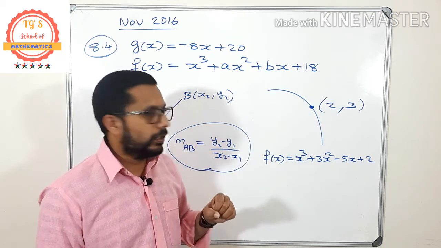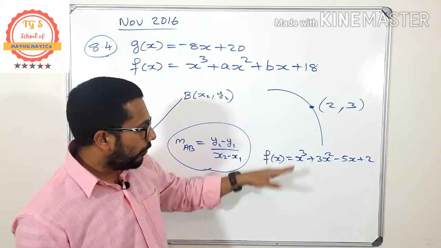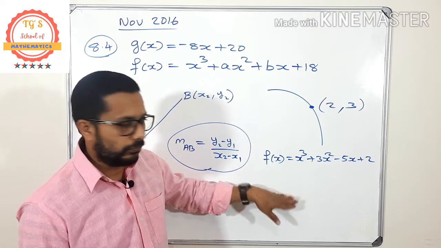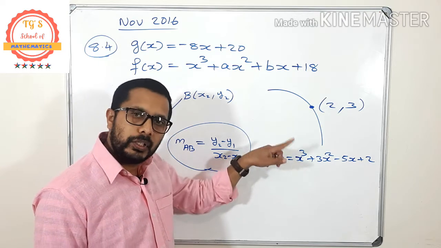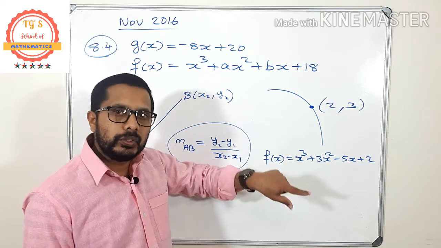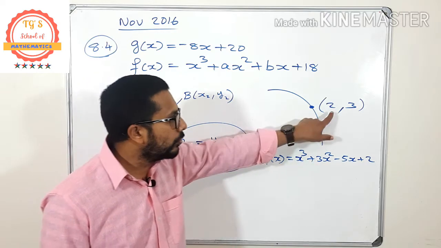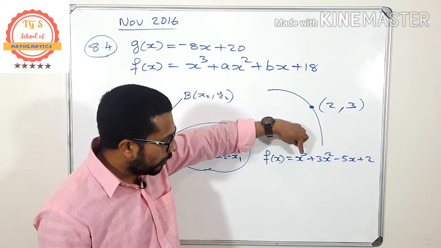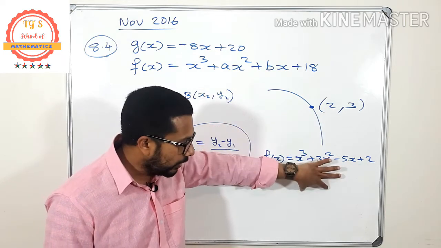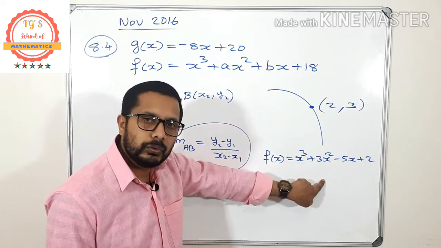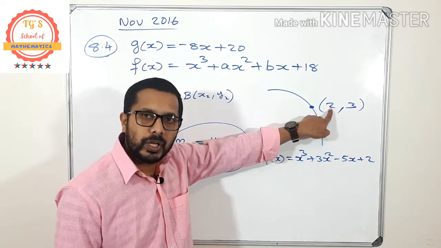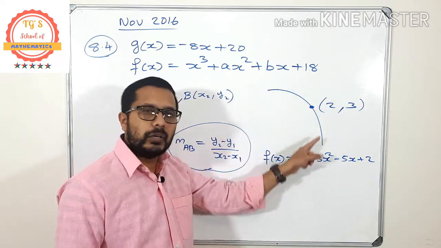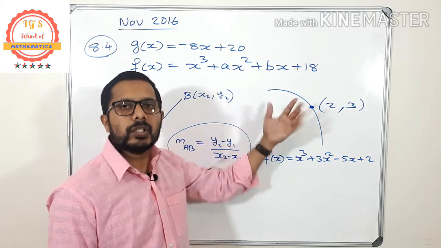So this is the theorem, or this is how you want to do. First, you have to find the derivative of that equation, and in that derivative, you have to substitute the x value. You will get a number, and that will be the gradient of this curve at this particular point. Okay. Let's try to find the gradient.